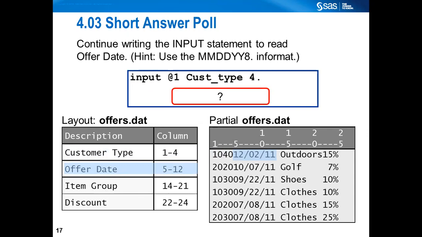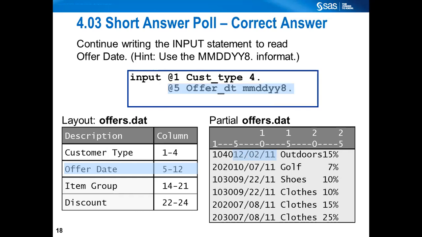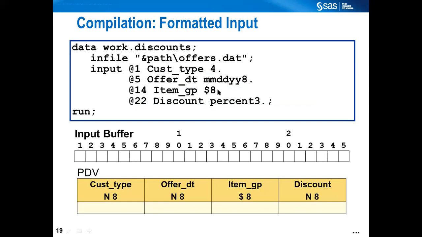Offer date is at the 5th column, so @5 offer date, and it is mmddyy, total width is 8. So 8. Then @14 is the starting point of the item group. Because it's character, you write a dollar and the total width is 8, so you give it as $8. Now we'll see how it compiles.